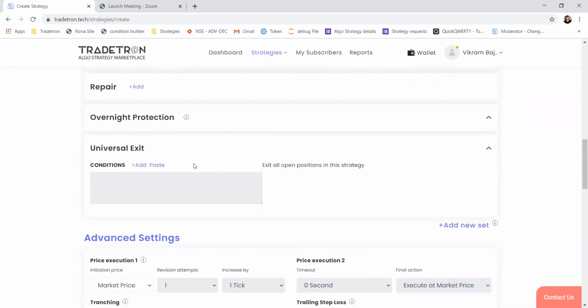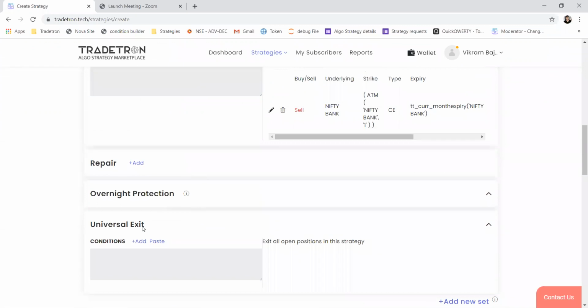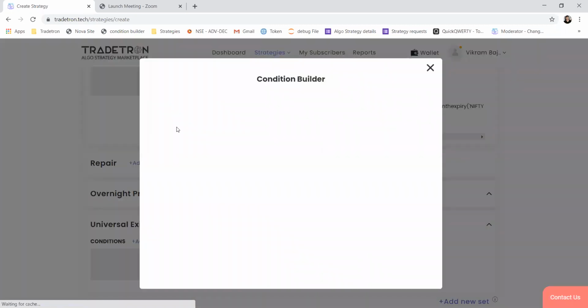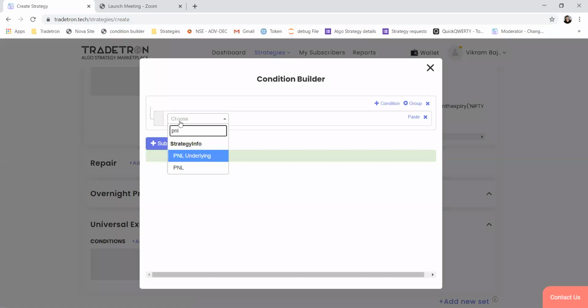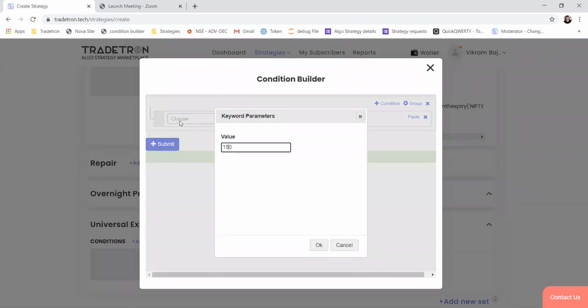The same thing happens with exit as well. When the exit condition is true, let's say I write a PNL based exit condition, again both the legs will be triggered simultaneously, but you still don't know which leg will get executed first.